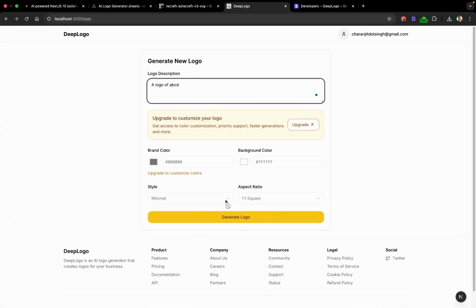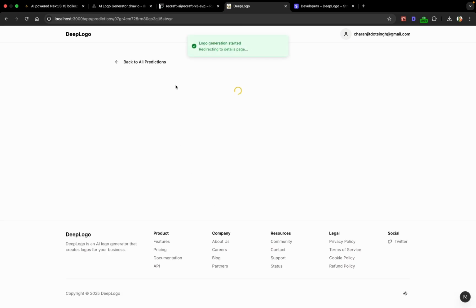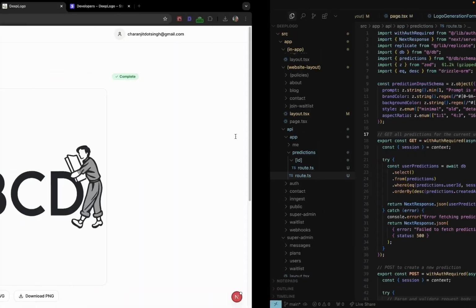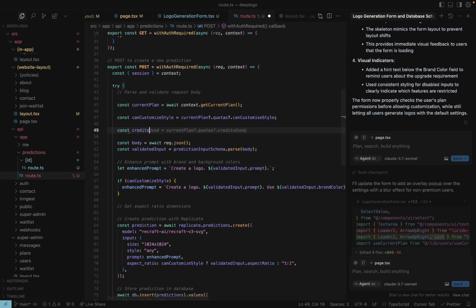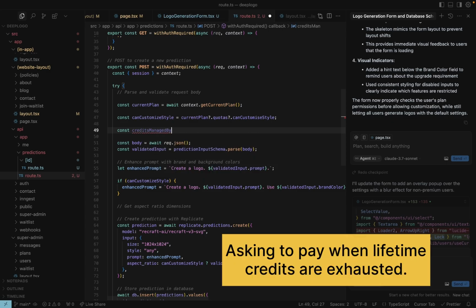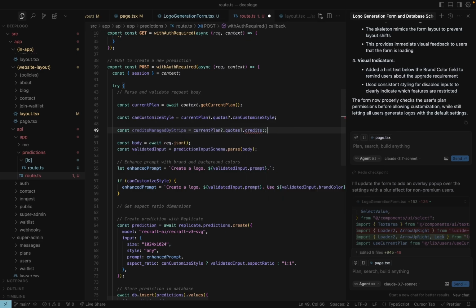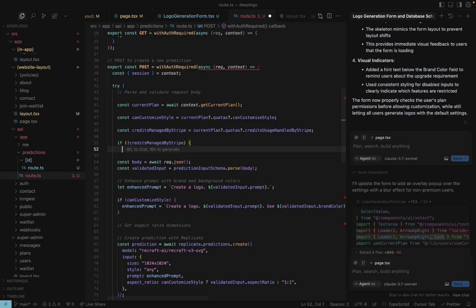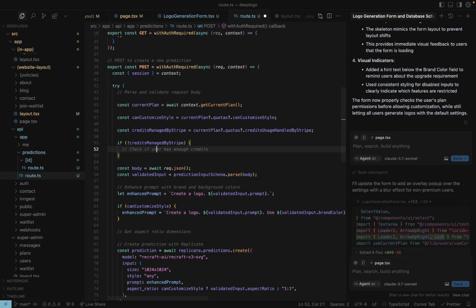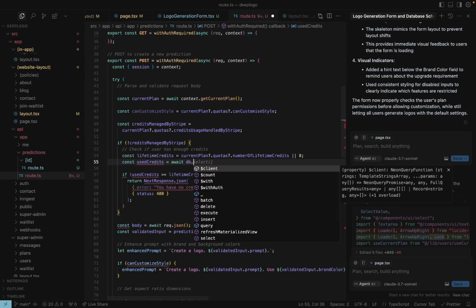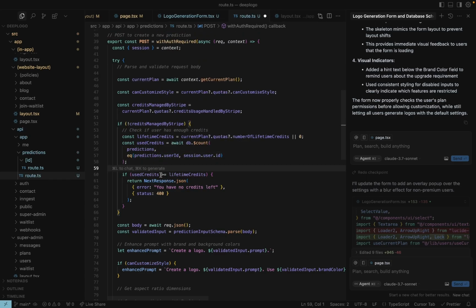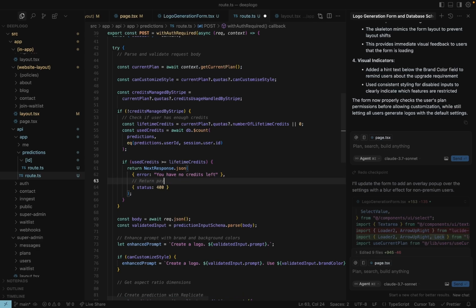A logo of ABCD. Great. So here we also have access to one more thing, credits managed by Stripe is equal to, if not managed by Stripe, check if user has enough credits, used credits, db.$count, return payment required